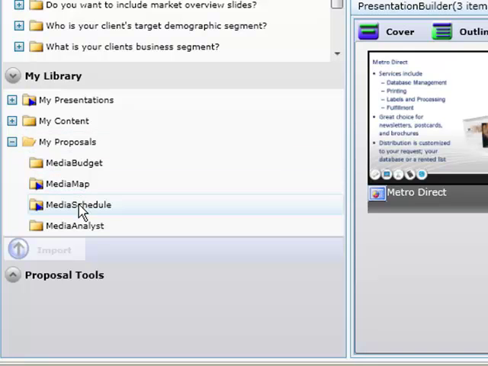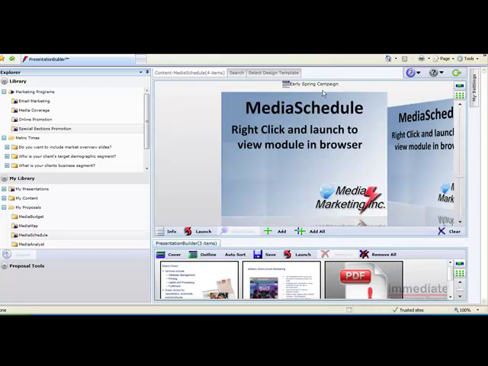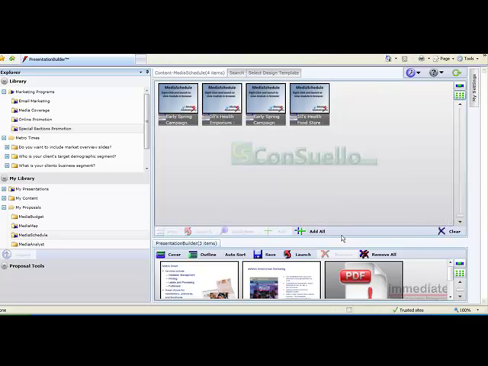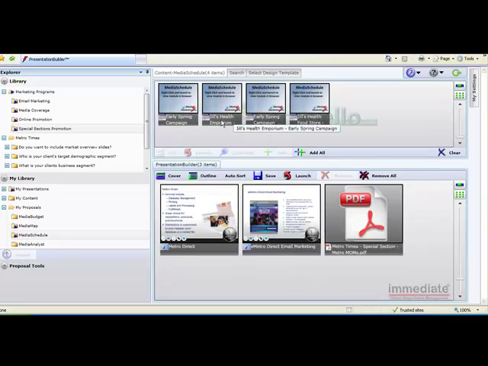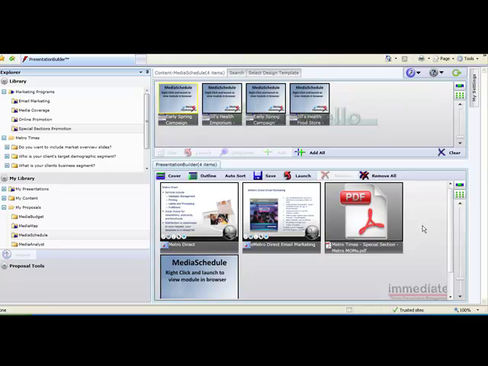For example, under My Library, if I've created some proposals, I can click on Media Schedule and it gives me the preview of them up above. I'm going to need to bring this down. There we go. So I can look at the title here, Early Spring Campaign, and probably Sorter View is just as easy. As I look at those titles, some are generic, some are very specific, but if I've done my strategy right, I can bring this into the presentation and say this is exactly what I want to propose